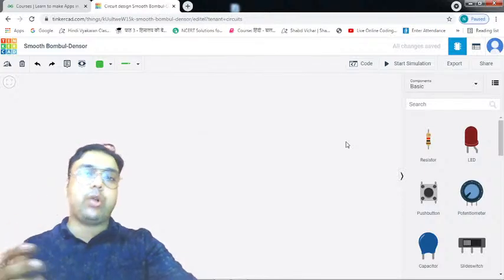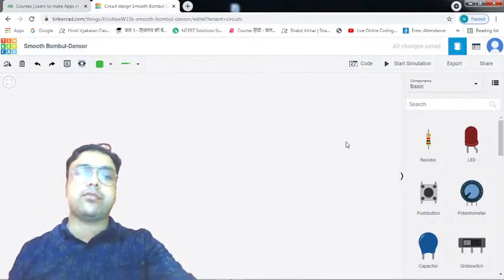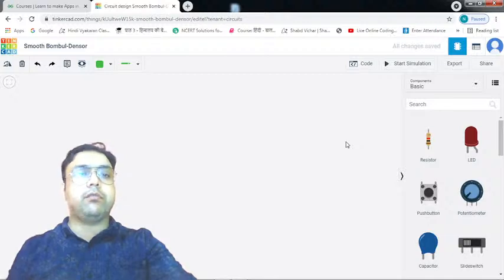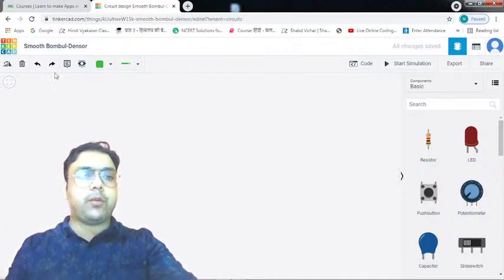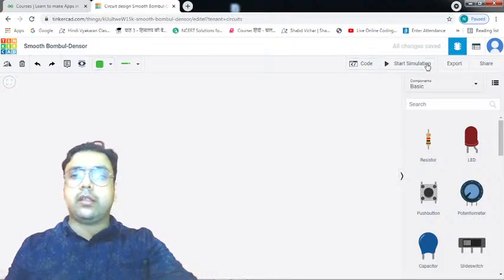In that tutorial, I told you about the various components of this Tinkercad platform. These components which are reflecting right on the top over here, and also these options